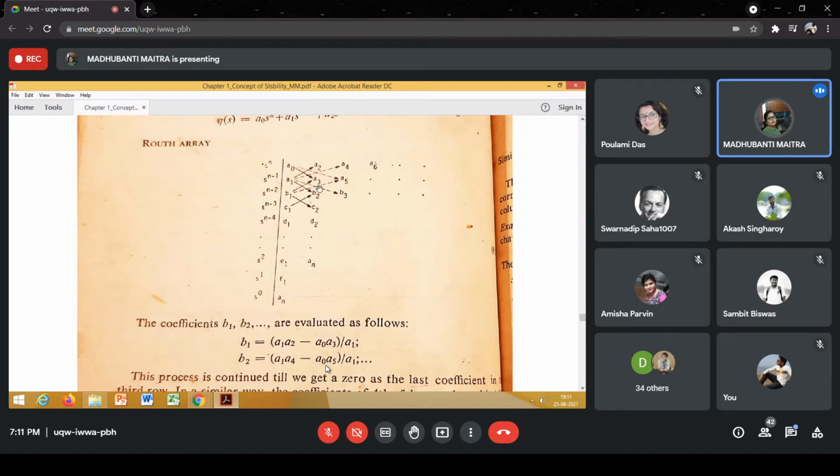So the next row will correspond to a term which is s to the power n minus 3. So for computing the elements of this particular row, now we'll have to consider the elements of this row as well as this row. The two rows just above the row for which we are computing the elements. Okay, and now in this case, which one will be the key element?